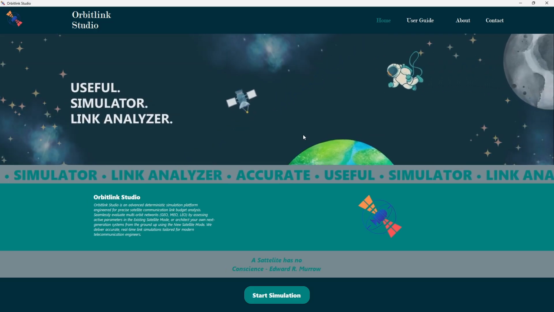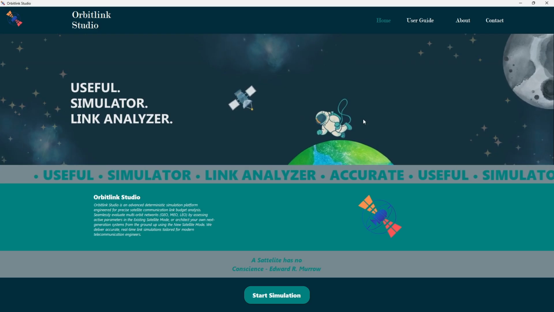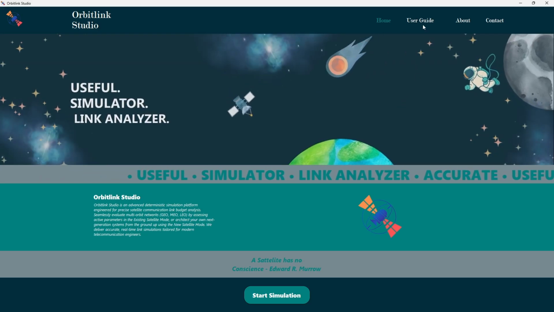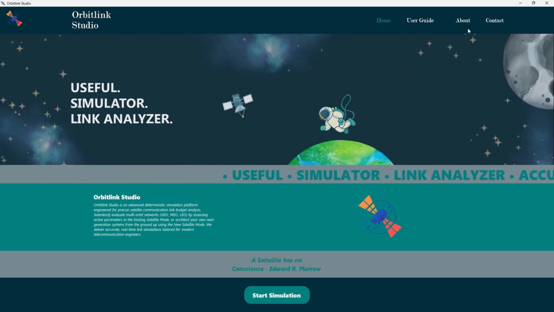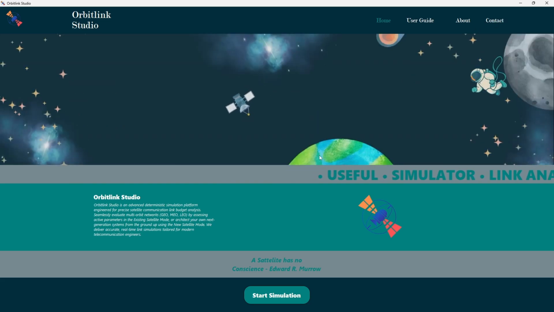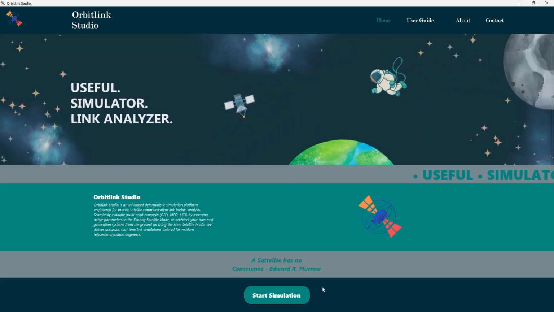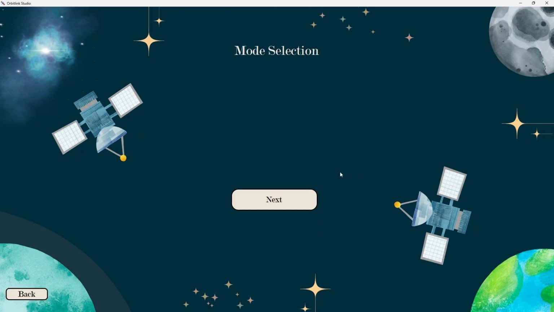Upon starting the application, we will see the homepage which provides option to view the user guide, about, and contact. So let's start with pressing Start Simulation button. First, we can choose the simulation mode. The options are new satellite and existing satellite. If we choose a new satellite,